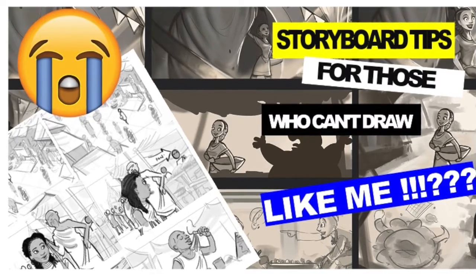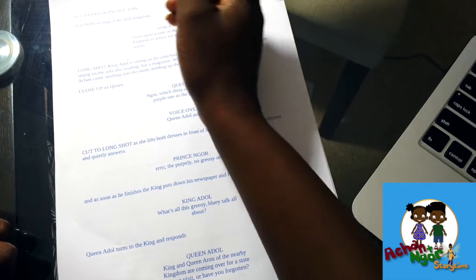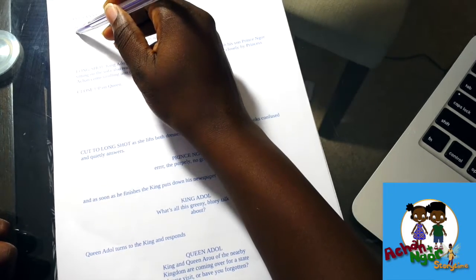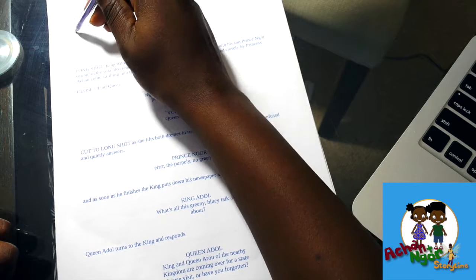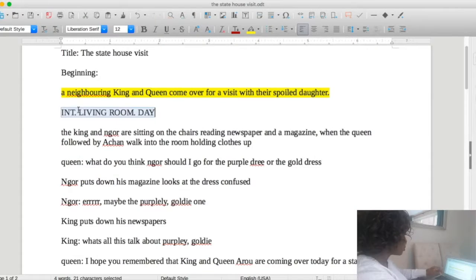I'll just jump straight into the video, which is storyboarding tips for those who can't draw like myself. Now, if you remember, in our last video we finished the script for Achan and Ngor Storytime, the first episode, the State House visit. What I didn't mention in that video was adding the camera shots, which is basically